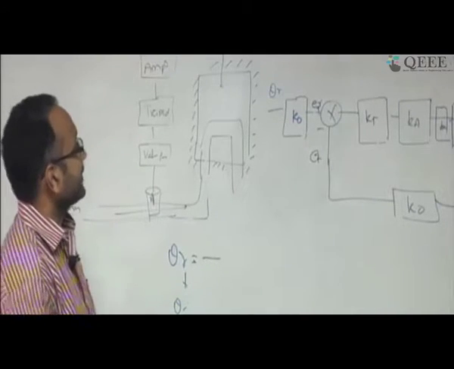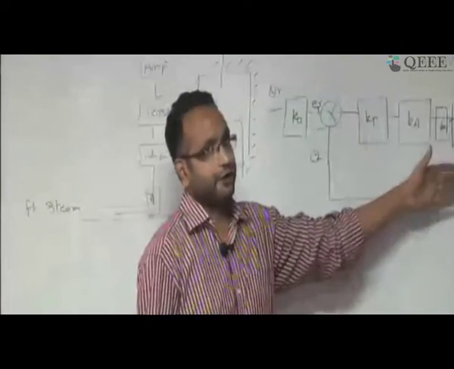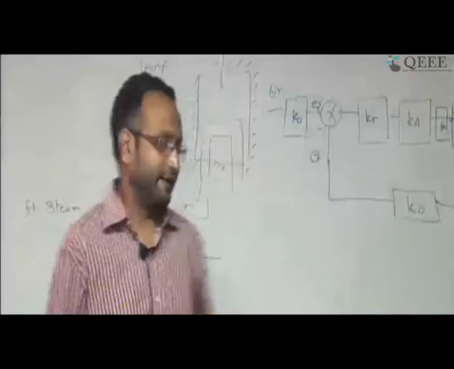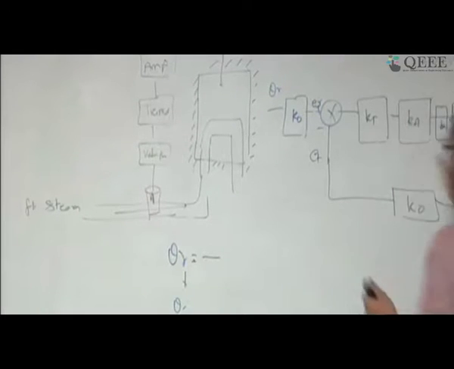Okay, so don't think that when I make this error 0, it means that no signal is flowing. Actually, when the error is 0, it means a steady state input has been provided. Okay, so this part is clear, that I have done the entire thing.